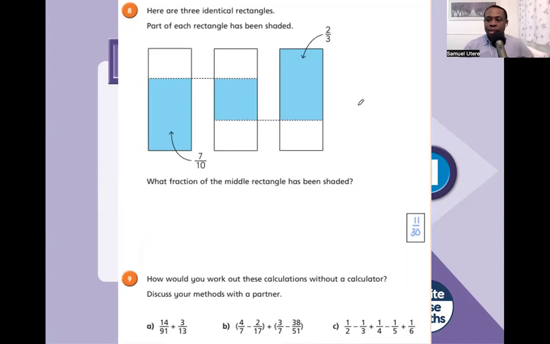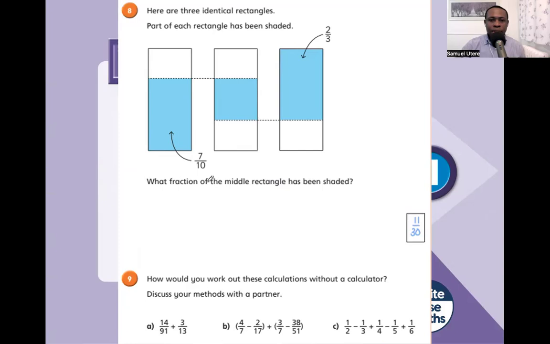Here you were asked, here are 3 identical rectangles. Part of each rectangle has been shaded, okay? What fraction of the middle rectangle has been shaded? And of course, you can see it's 11/30. How do we know? We have 2/3 here,